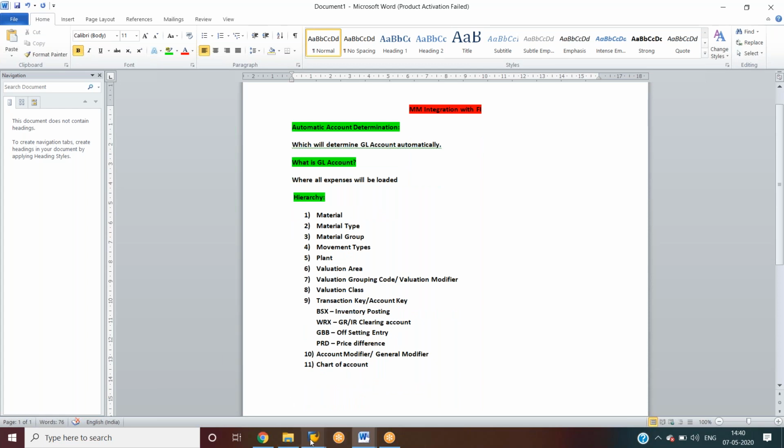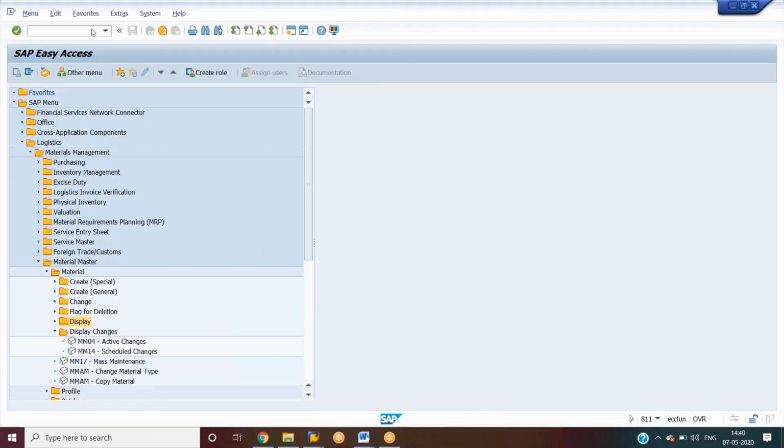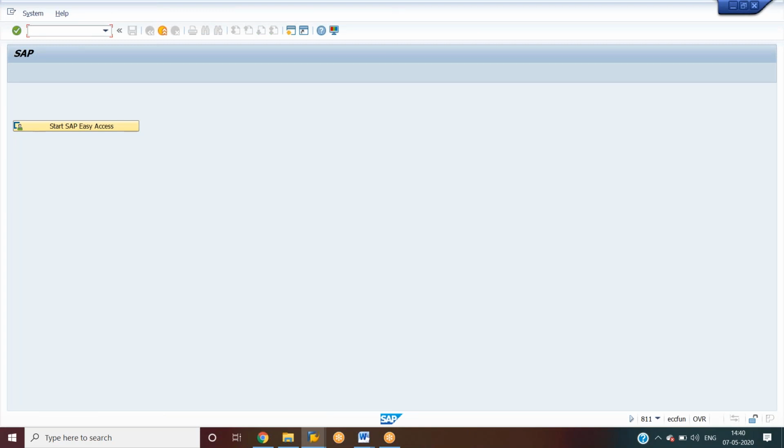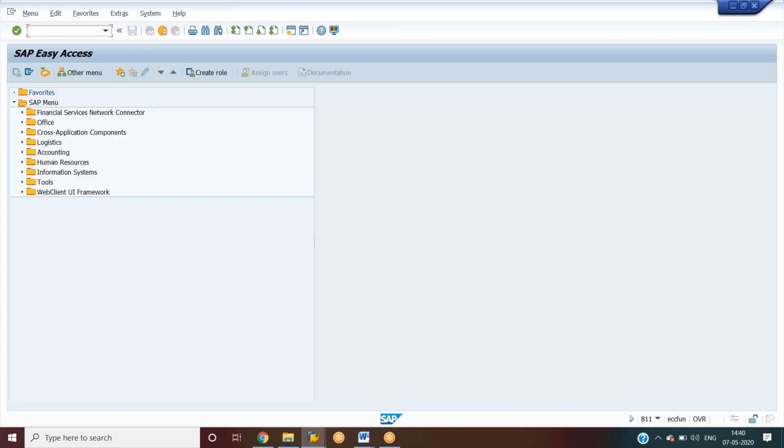So we'll go to the configuration now, and I will explain each one by going into it. I don't want to first teach some theory and then show practicals. If I explain some theory and then show some practical, it will be more clear.